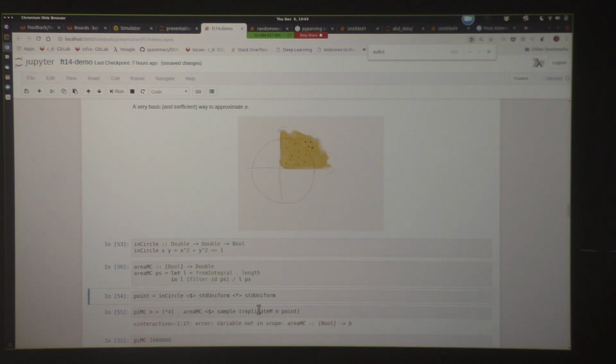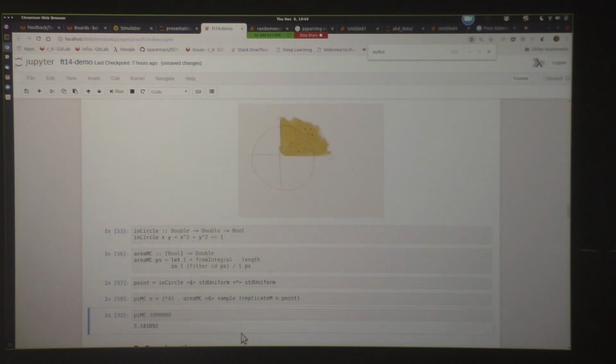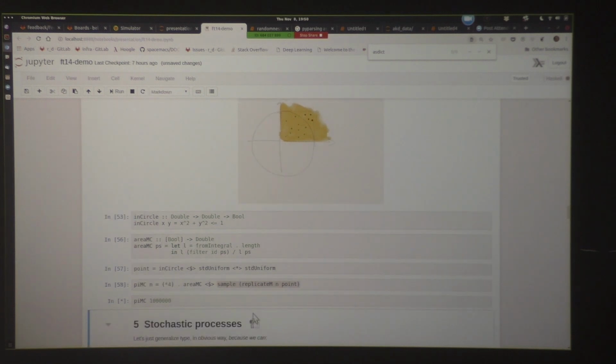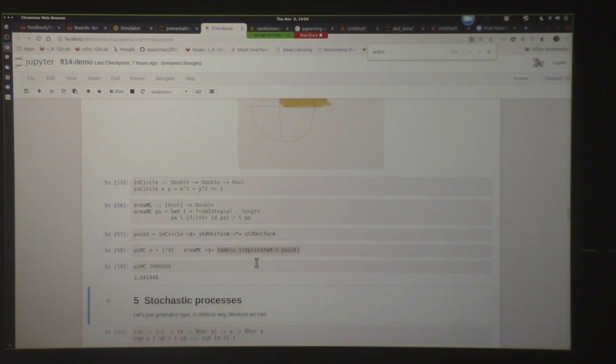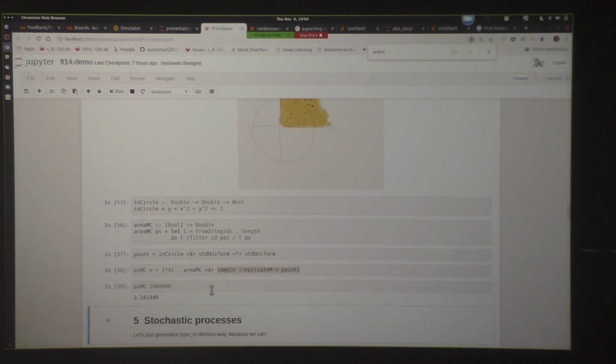I did not evaluate this one. Okay. This is this approximated pi. Again, with applicative style, we multiply by 4 the result of this area function, and we sample this. So I mean, this is applicative style in IO monad at this moment. Yeah, this is because this produces IO result. So we can repeat it and get some result which won't be very accurate. Actually, well, this time we were quite lucky.